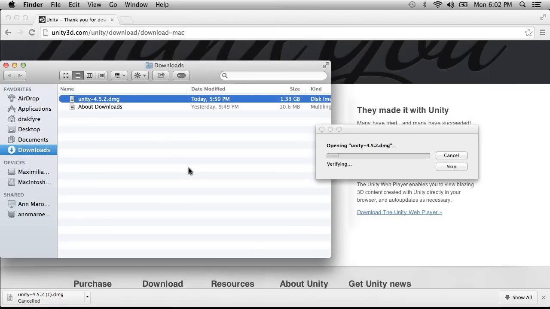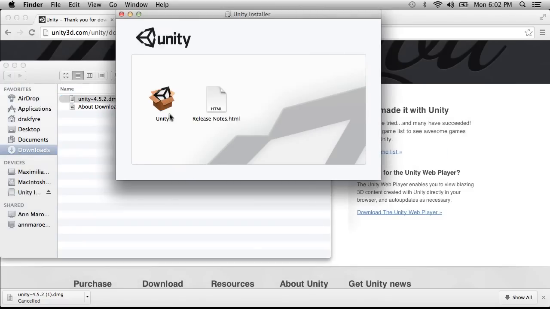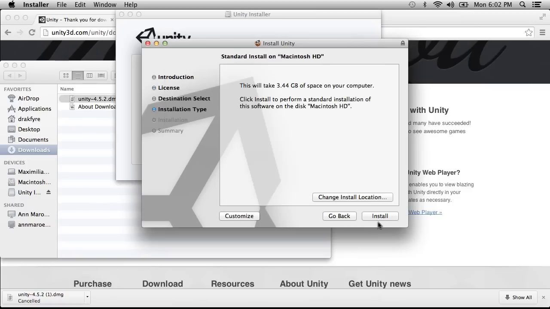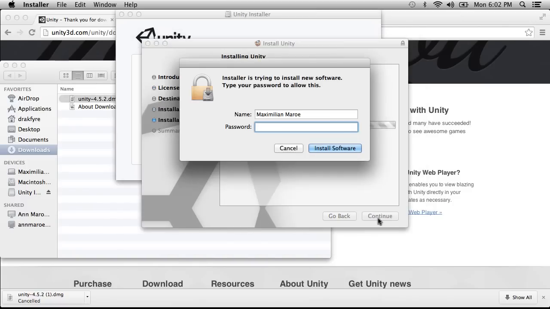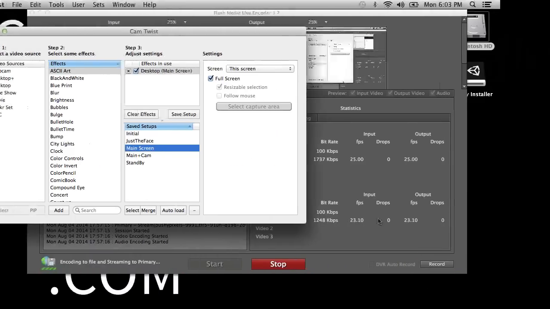This is going to be slightly different on Mac. On PC, it'll be double-click, hit next, okay. It's kind of the same thing. You double-click it, and it brings up this Unity installer. You click here, double-click, continue, agree, install. It's the same stuff, different words. If you're on Windows, there's going to be a lot of nexts. Just go through it and install it wherever you want. If you want to customize the installation, go right ahead. But we're going to be basing it on a default install, so that people who just do default installs can get on with their lives. I am showing the screen, right? Yes,